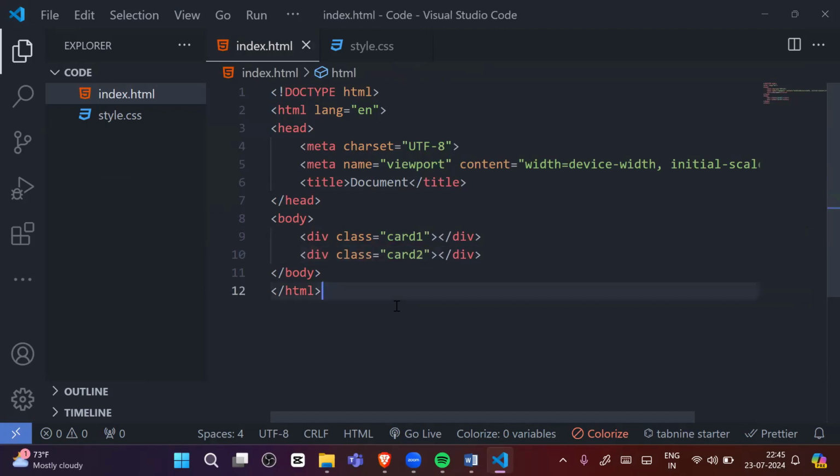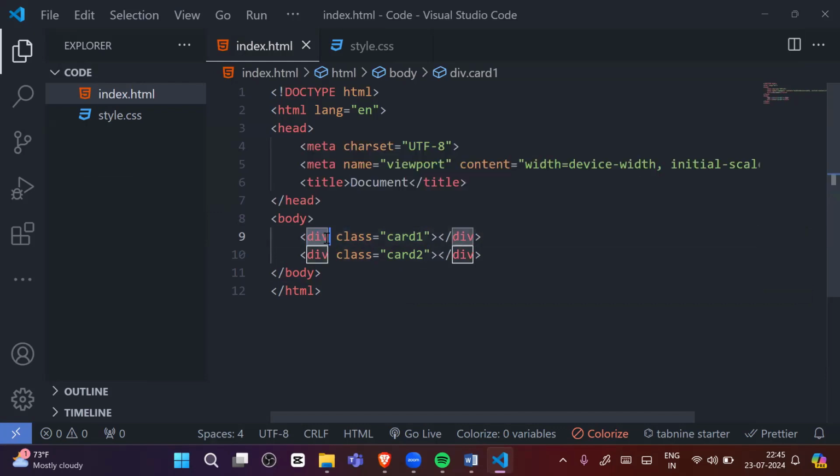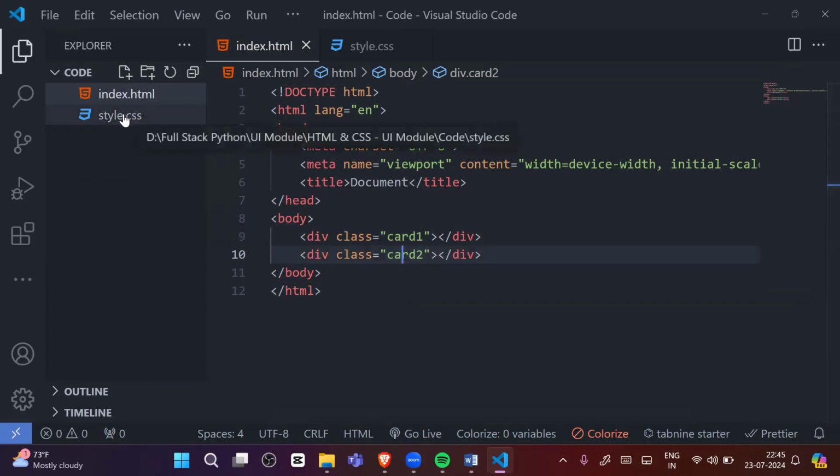So we are using the class attribute in the HTML tag so that we can perform some CSS tasks. So how can we write CSS properties? We can use CSS properties in the head section between the style tag, but I'm using an external style sheet here.